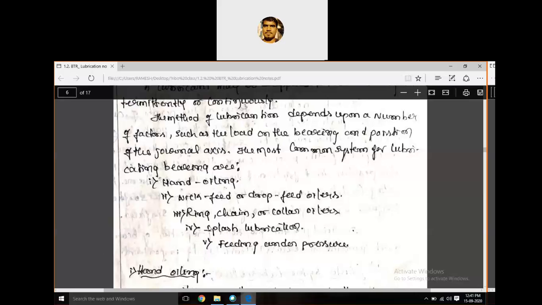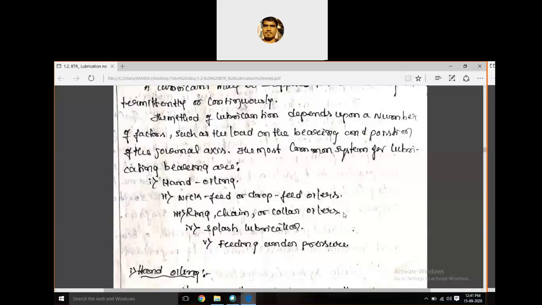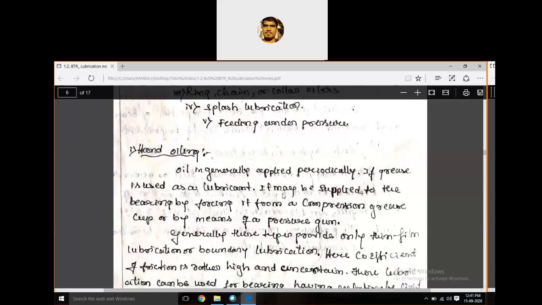So the next type of lubrication is splash lubrication. In this, machine members having a rotating motion such as gears, or a member having a more complicated motion like a connecting rod cup, run in an oil reservoir and throw oil through the enclosed casing. The oil runs into the oil chamber and duct which lead the oil to the bearings, and this we can explain in the diagram. Yes, I will show the diagram.